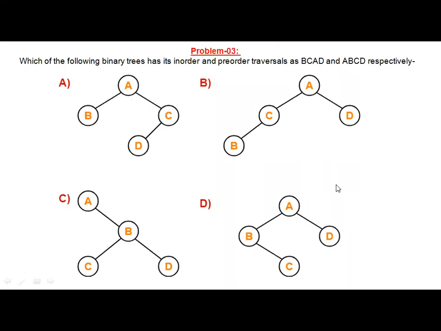In pre-order traversal, how do we go? I think D is correct. Yes or no? Yes, that's what you should do: check the second option only when the first one is satisfied. You are writing the answer, but whether that is also satisfying the second one, you should check. So this is where we make a simple mistake and we lose marks. Right, so D is the correct one.